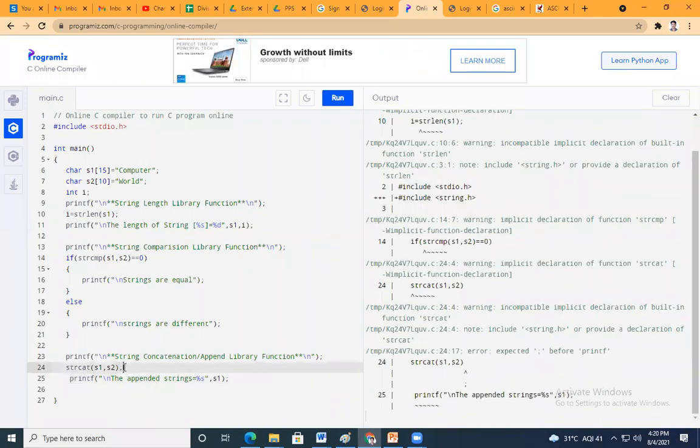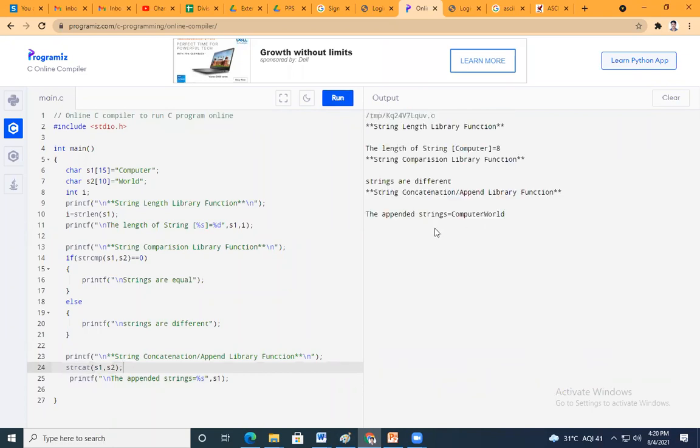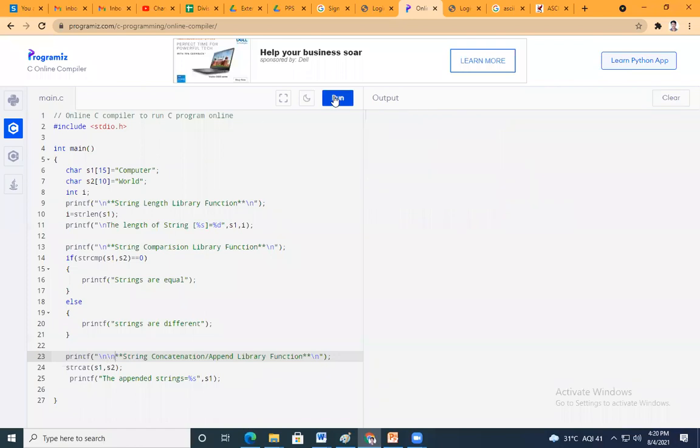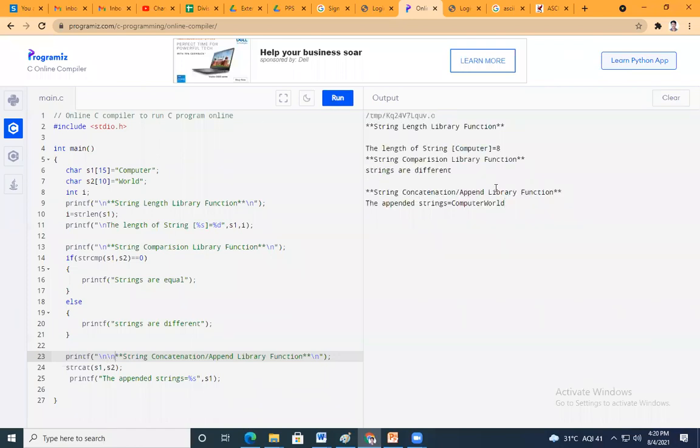Yes, semicolon is missing. If we check it here, okay, now it is clearly visible.